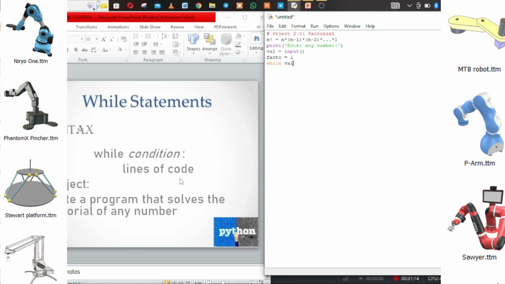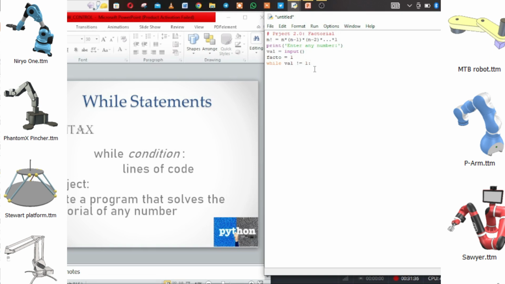So while val is not equal to 1, this is a condition. So we have while, then the condition, then the colon. We had assigned whatever number the person puts in to be saved as val. So we have while val is not equal to 1,